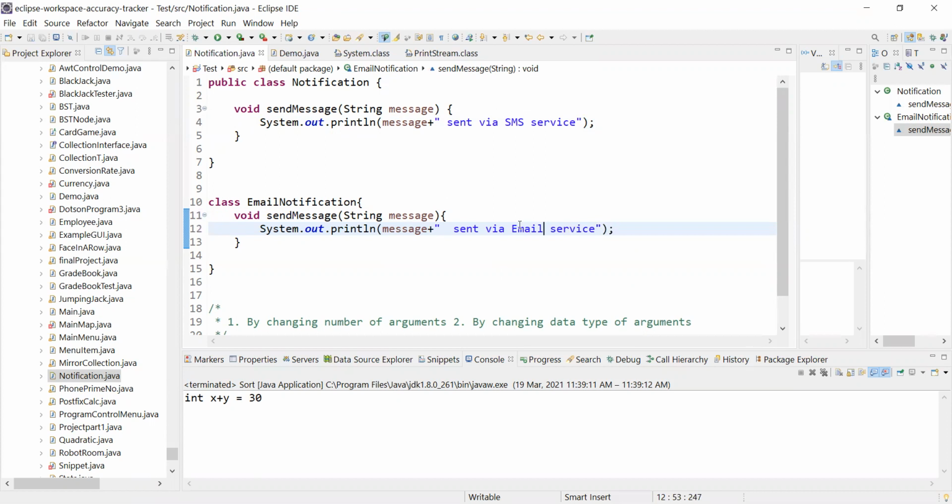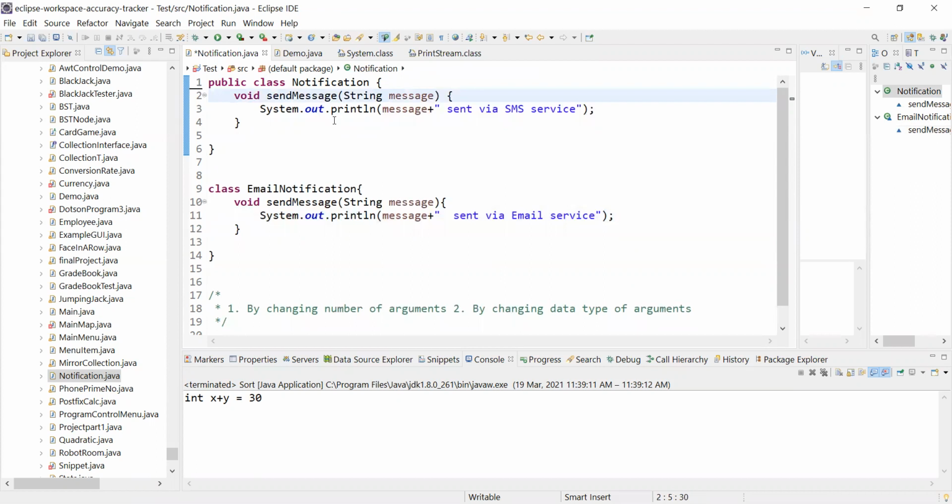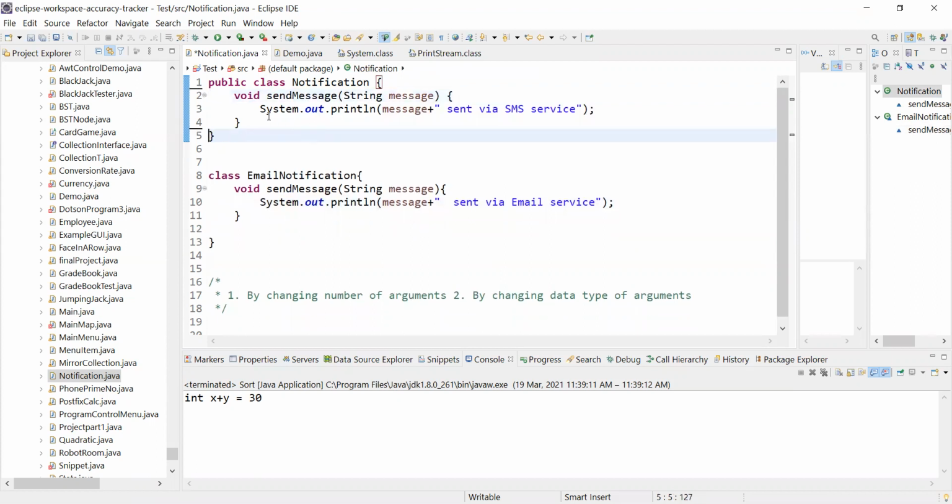So what we are doing exactly here: there was a class called Notification which was able to send messages via SMS service. Now what we are trying to do is override its parent's functionality and write our own functionality.